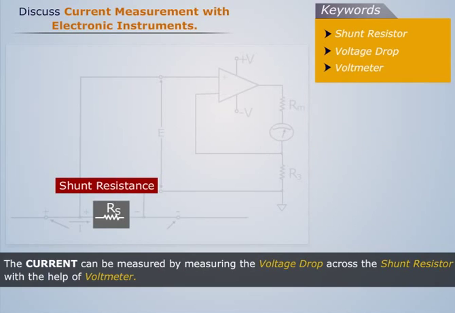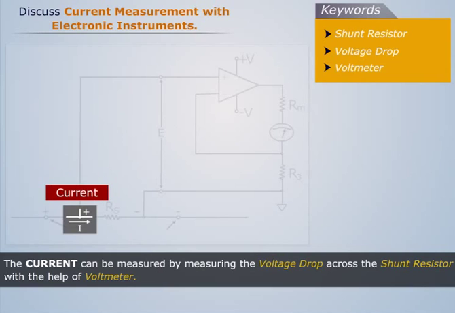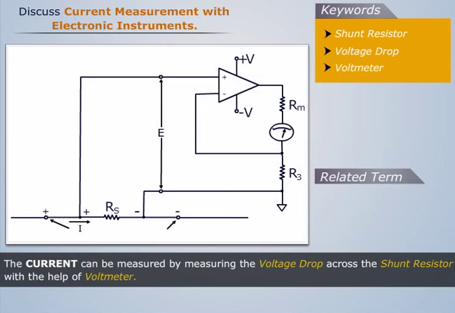For measuring current, we insert a shunt resistor. By measuring the voltage drop across the resistor, we can measure the current flowing through this. The related term is